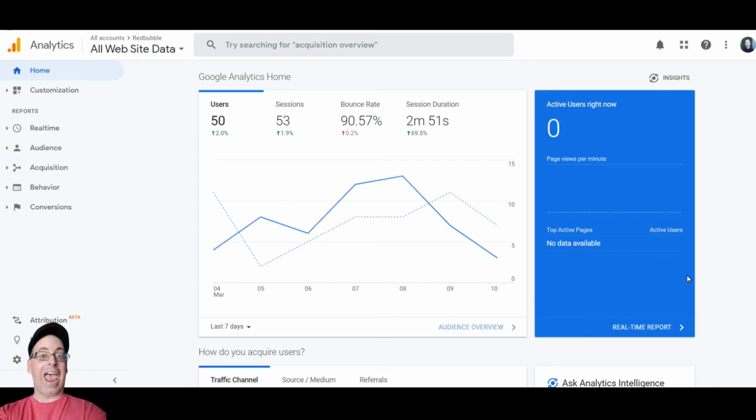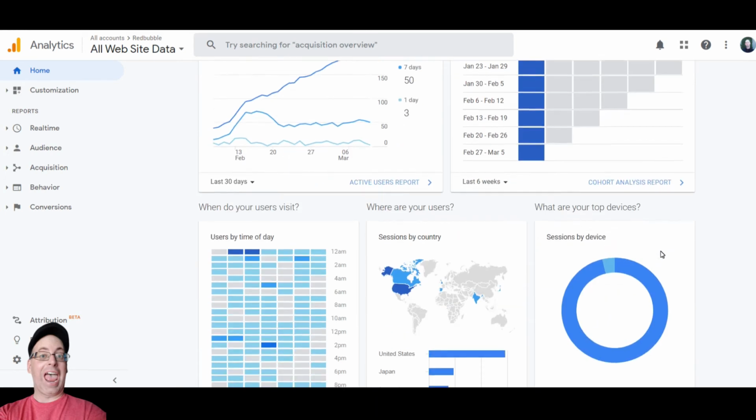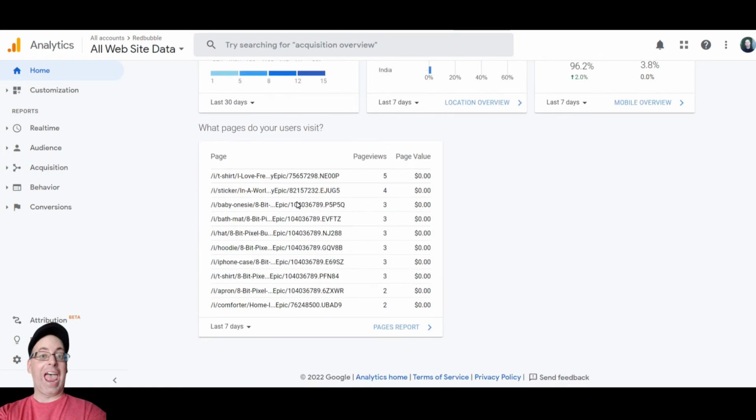We've also had, well, it says 50 users, 53 sessions. I don't know exactly how to break that down. Session duration was about 3 minutes. But really what I like to check out is, if you put it in right, it shows you which pages people are going to. So the highest one is, I love